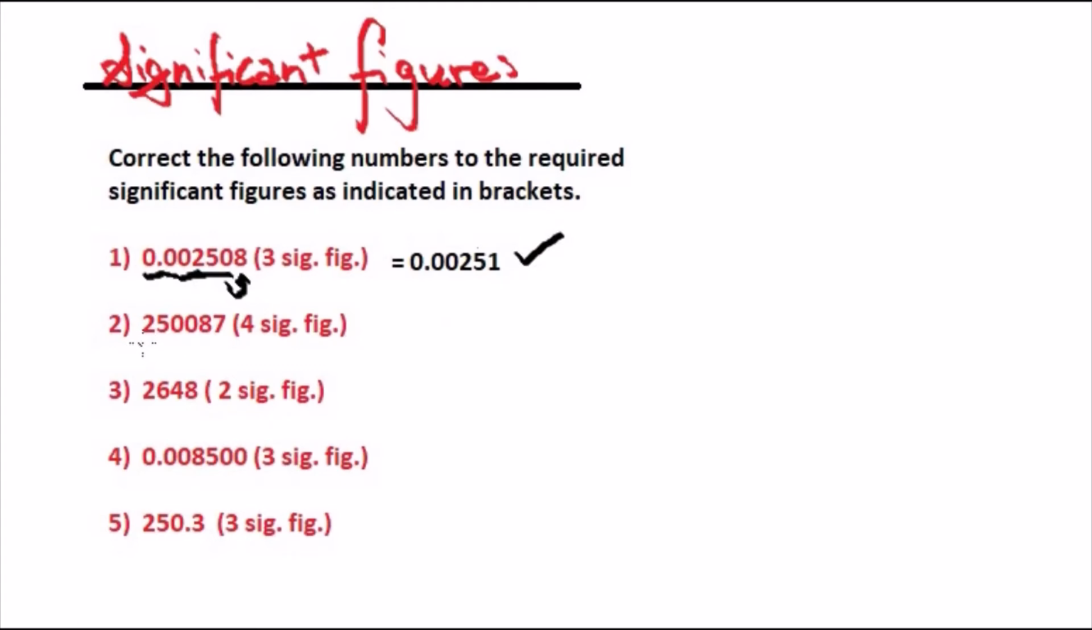Next, we want 4 significant figures. Again, we start with the first non-zero digit as our first significant figure, and we count to the right. So we have 1, 2. These zeros are in between significant figures or non-zero digits, so they are significant. So we count 1, 2, 3, 4. So we start from here to here. And again, for the 4th significant figure, we check the very next one, and it's 8, which is over 5. So we add 1 to the 0. And so this will be equal to